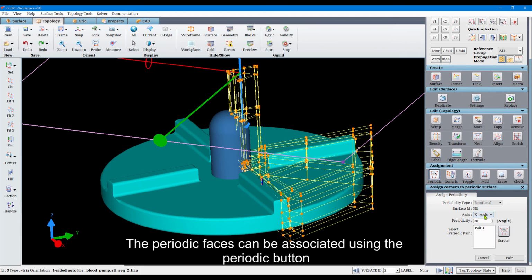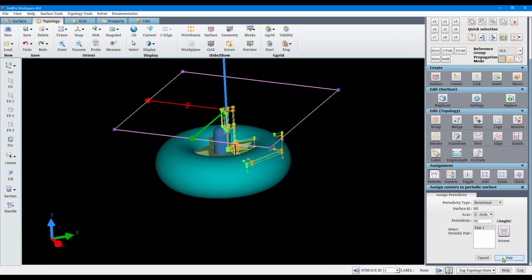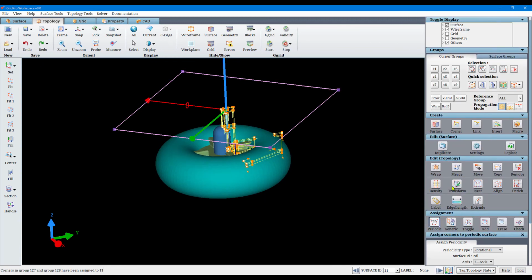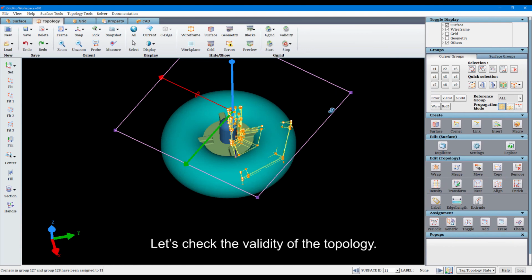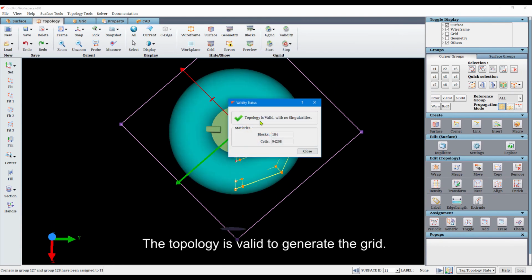The periodic faces can be associated using the periodic button, which would create a representative surface as shown here. Let's check the validity of the topology. The topology is valid to generate the grid.